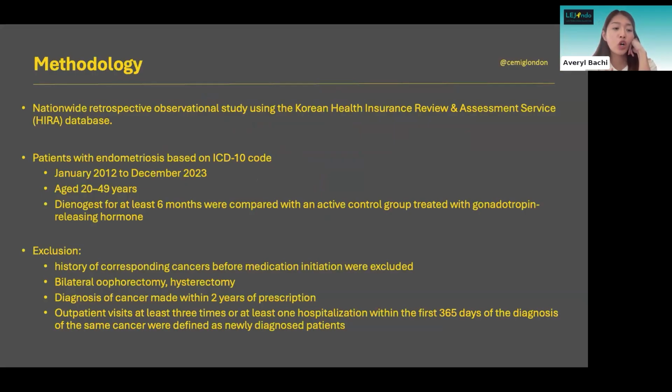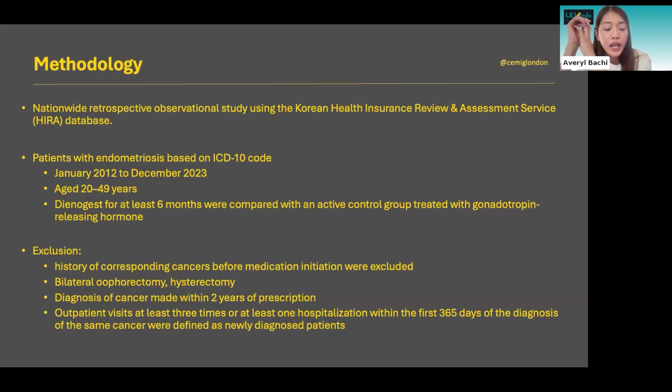These women need to have been on Dianogest for at least 6 months, and they were compared with GnRH agonists, which is their control. On this paper, it said they use GnRH agonists as a control because this has been the treatment of choice for post-operative hormonal suppression in women with endo, which was quite interesting because in the UK, it's usually a pre-surgery treatment rather than a post-surgery treatment, but I guess